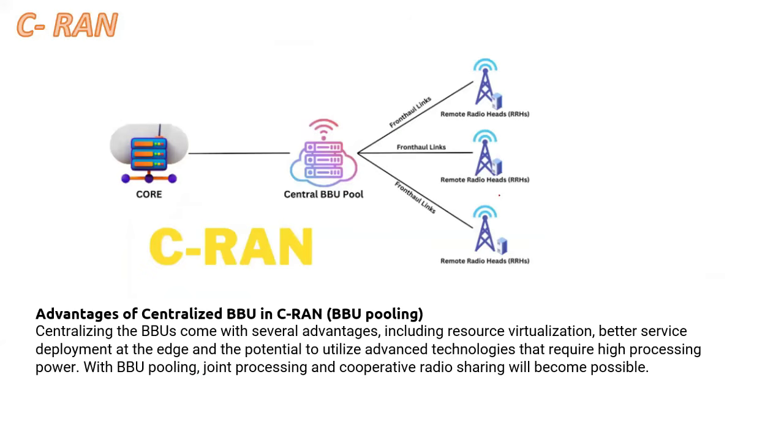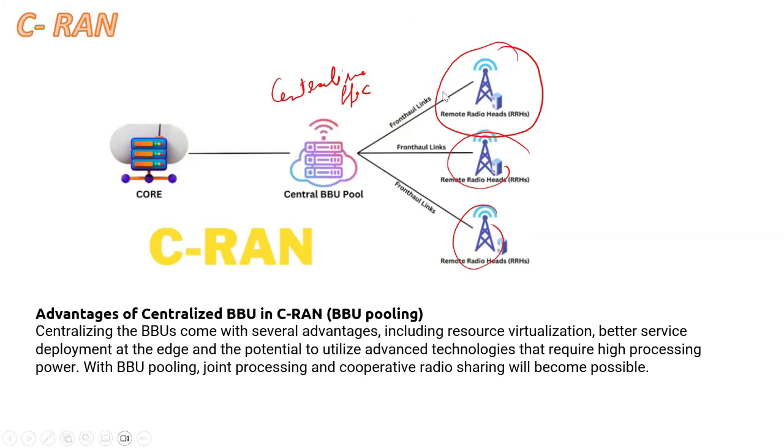Some people call it centralized RAN and some people call it cloud RAN, but I'm talking about the centralized RAN. So in a CRAN architecture, the base station is split up. The RRU stays at the site, you can see, while the BBUs are aggregated into a centralized office, right? So it is sometimes called a BBU hotel as well. So it is a centralized controller to process calculation digitally, right?